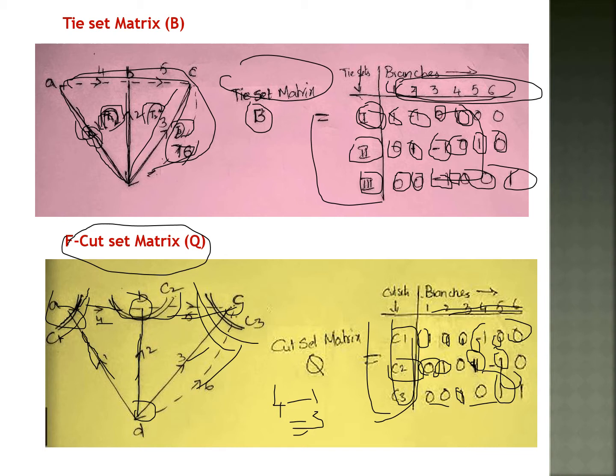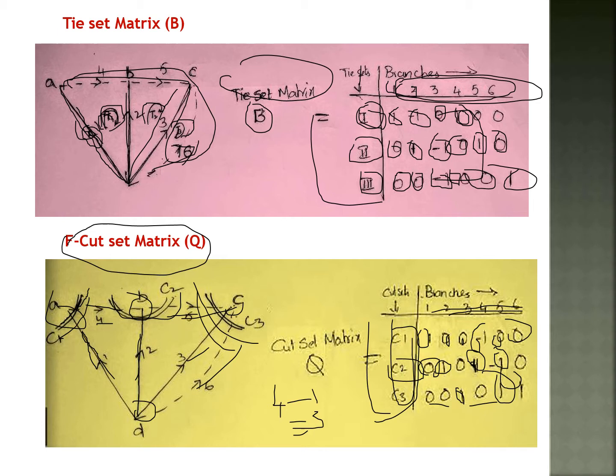Now tie-sets 1, 2, 3. 3 tie-sets are there. From branch 1 to tie-set 1, the current is flowing in the same direction as the tie-set, so it is taken as 1. Branch 2 is in the opposite direction, so for opposite direction we take -1. Next, branch 3 is not connected, so it is taken as 0. Branch 4 is also in the same direction, so it is 1. And branches 5 and 6 are not connected to the tie-set.